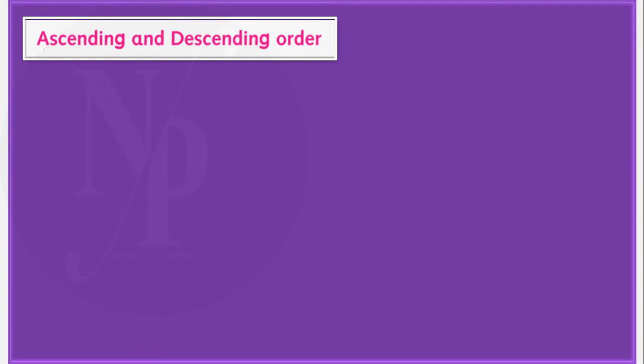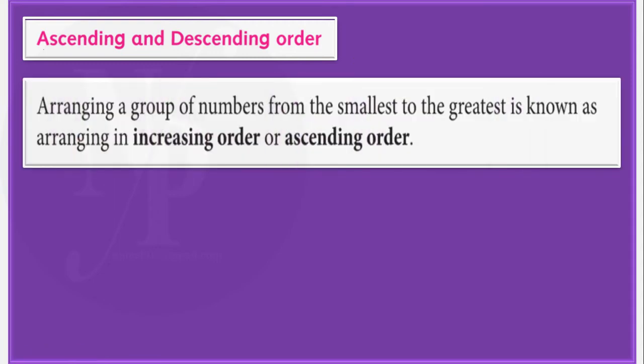Now let us learn ordering of numbers. So when we order the numbers, the order may be ascending order or descending order. Let us learn the meanings of these terms now. Arranging a group of numbers from the smallest to the greatest is known as arranging in increasing order or ascending